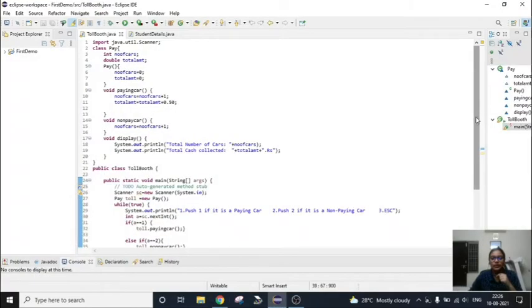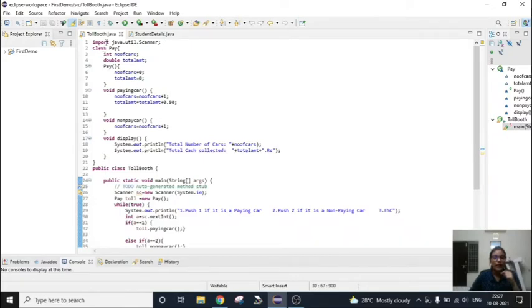We have to make a menu-driven program for this. So we are going to use classes and objects, and to create objects, we need constructors. So we are going to include all of them in this program. I have done the program for this, so let me explain it to you.